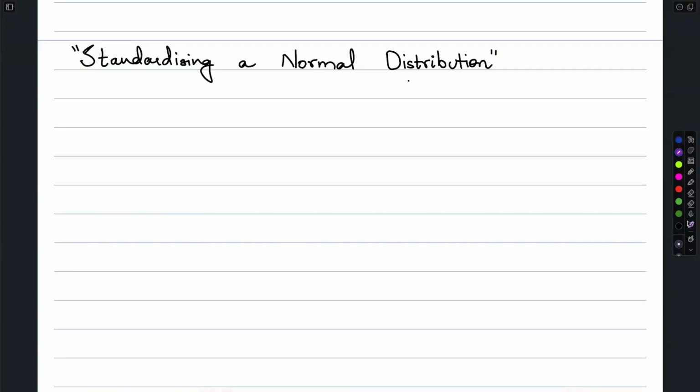Now, we have already learned a method to find the probabilities using the distribution table of a random variable which has normal distribution with mu 0 and variance 1. Now, the same distribution table can be used to find probabilities for any random variable x which is normally distributed, which has mean mu and